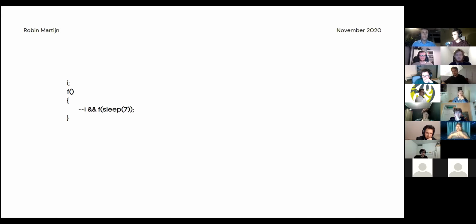So what do we have? We have a declaration of I in the first line, and then we have a function declaration. And in the function declaration, we see two smaller functions, so to say. So let's start. What happens here? Normally, if you work in C, for the people who are not familiar with C, you give it at least a declaration. So what are we dealing with?